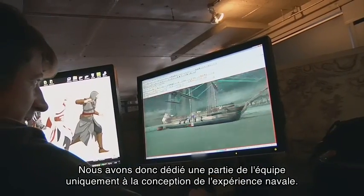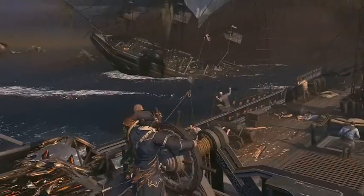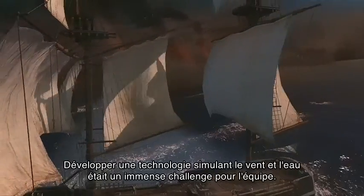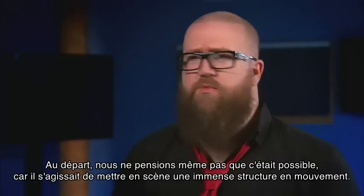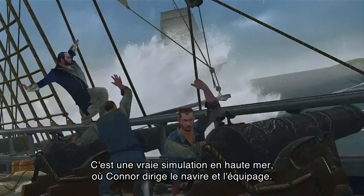We started a whole team up just to specifically focus on the naval experience. Naval combat has been a huge challenge. The technology of the wind, the water simulation has been a massive undertaking for the team. Initially, we didn't even think it was feasible because it's a big moving structure. It's a full simulation on